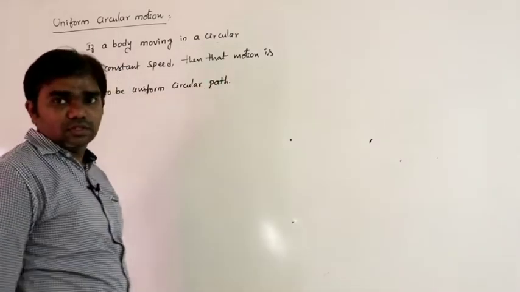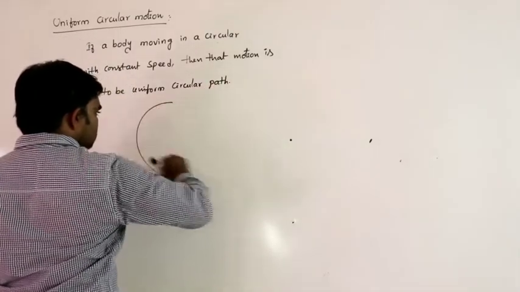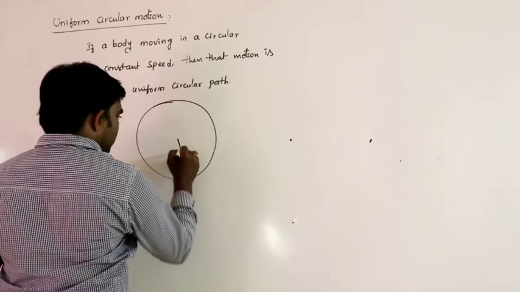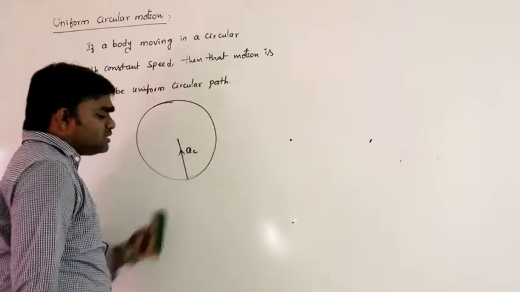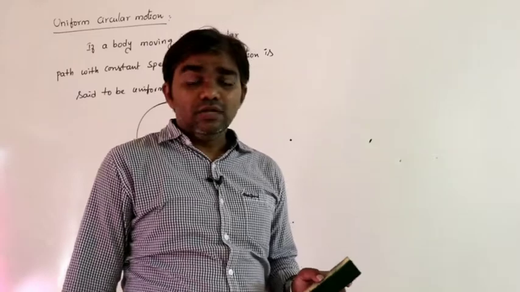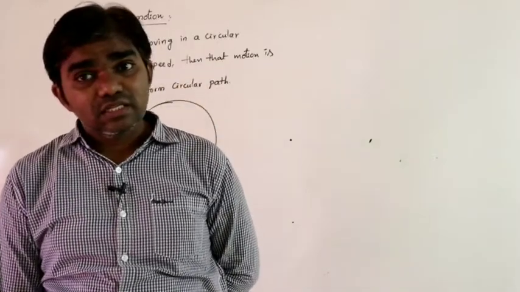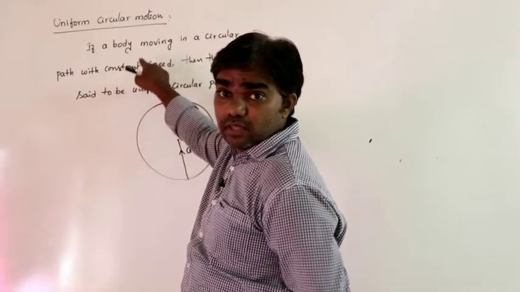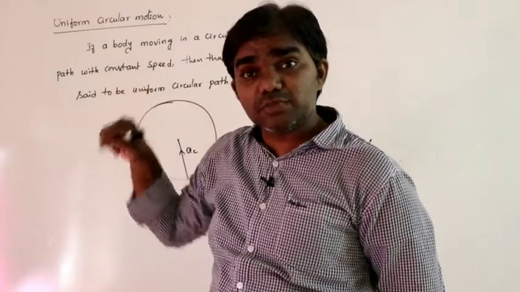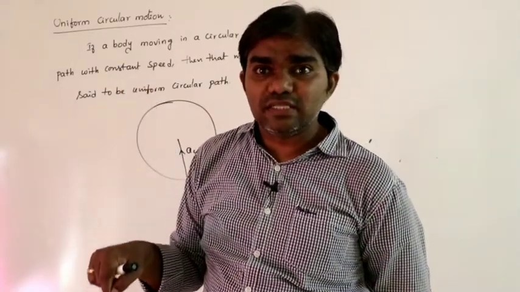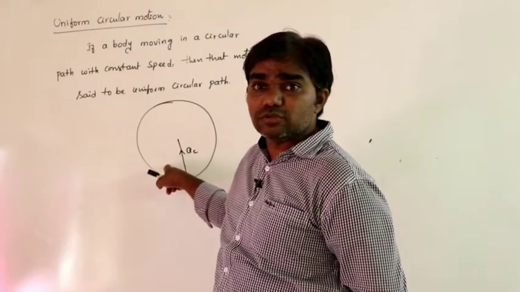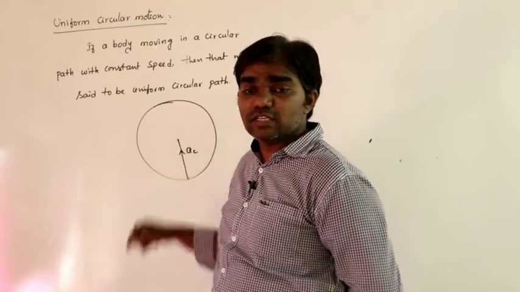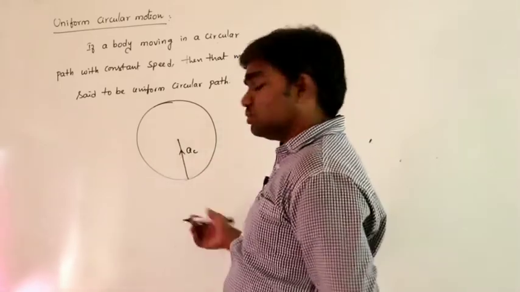Uniform circular path. In case of a uniform circular path, only one acceleration acts, and that is centripetal. Why does this centripetal acceleration act? Of course, a body moving with constant velocity has zero acceleration, but here I am mentioning only constant speed. The velocity must change, and due to the change in velocity a certain amount of acceleration is produced. That acceleration is called centripetal acceleration. So this is the situation.